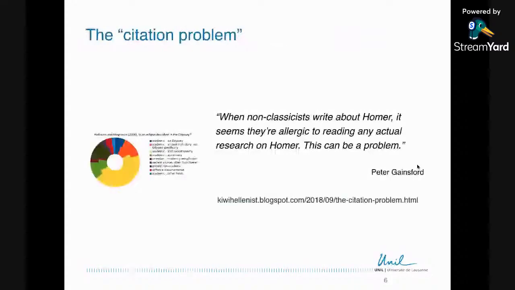And to realize the urgency of this issue, there is this blog post by Peter Jstor called The Citation Problem, which I very much recommend, where he's actually deconstructing this problem.